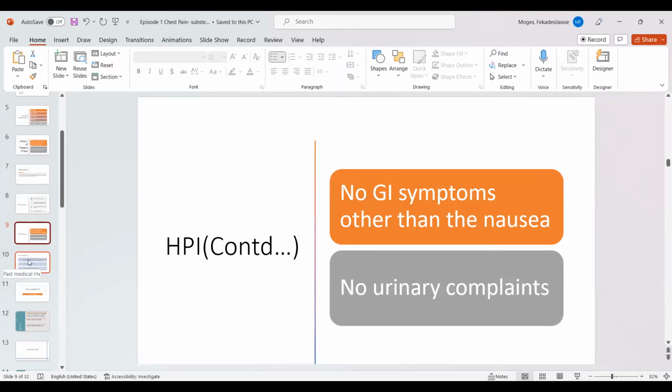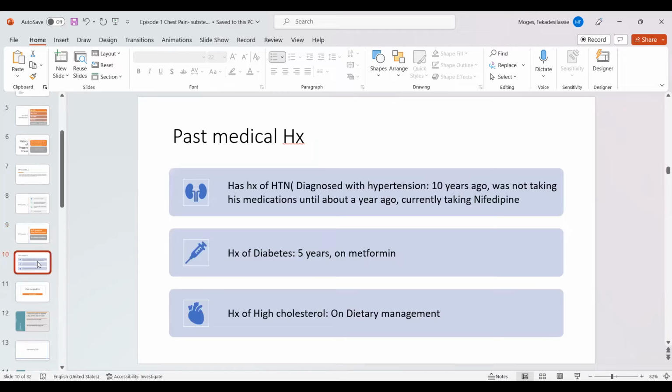Okay, go ahead, please. Hypertension. Hypertension, excellent. Yes, I'm hypertensive for the past 10 years. I haven't been taking my medication. I was very reluctant, doctor. I was busy. So I started taking my medication last year. So I ignored my health, doctor. I regret it. What else?